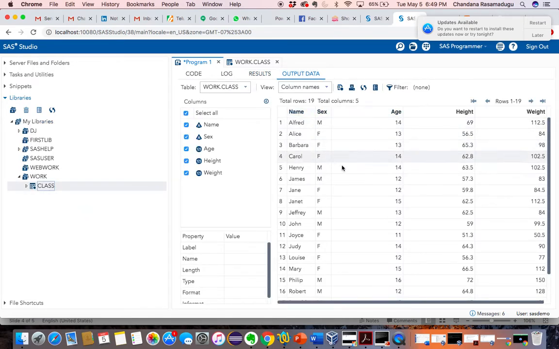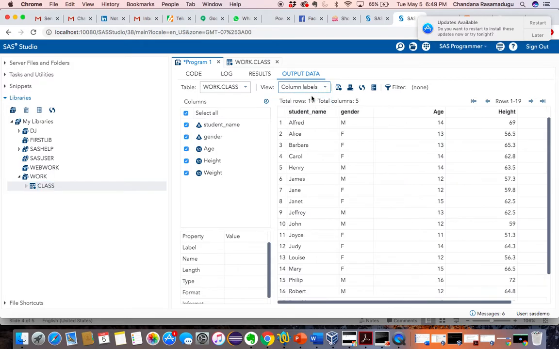See, now I'm seeing the same data, right? See, anything got changed here? No, ma'am, nothing got changed. Why? Where you have to see that? You have to go to labels, column labels. Now you got it, right? Usually you will see column names. In the view option, you have to go here, and in the column labels you can see now student name,